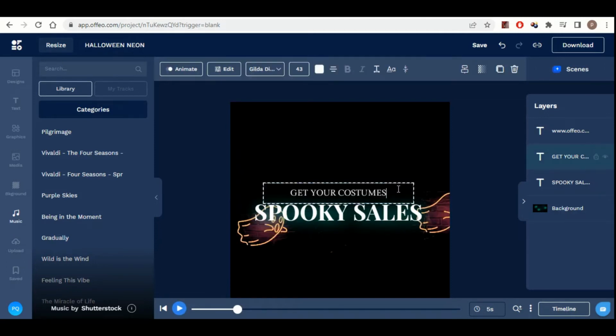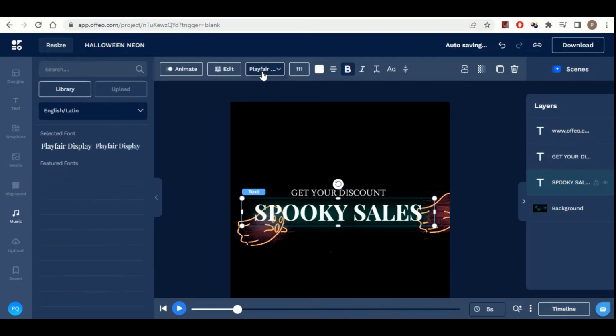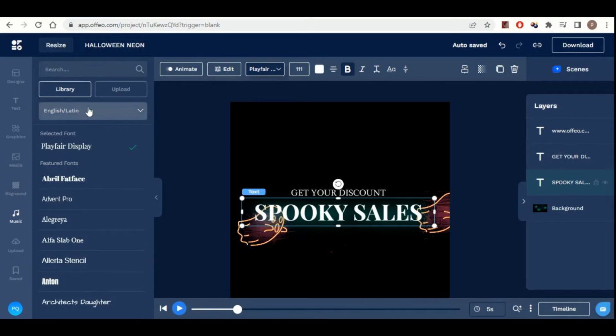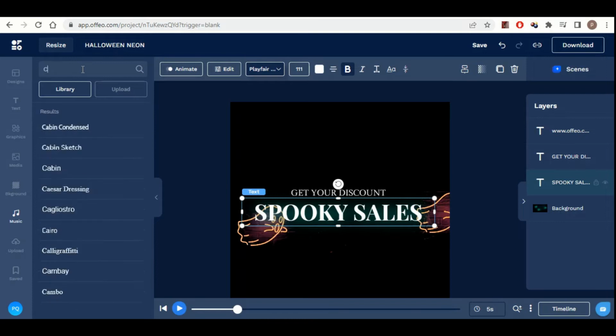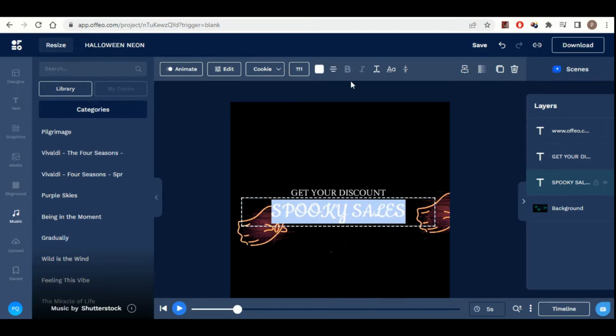Now I want to make some little changes here. This count, okay. And I don't like this font, so let's go here. Click on the text here. Click here, top, and search "cookie." And I'm going to